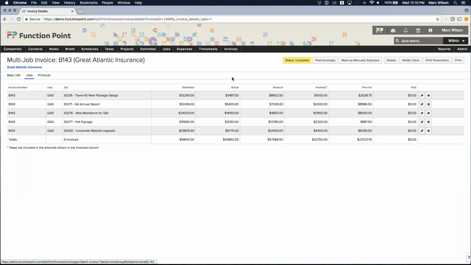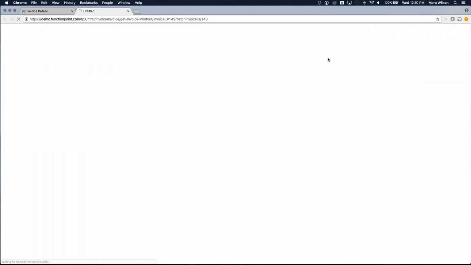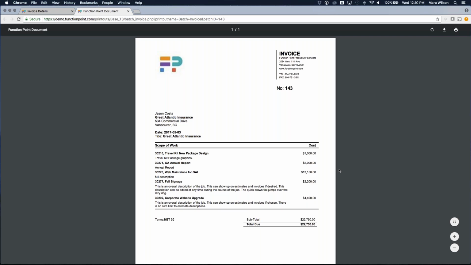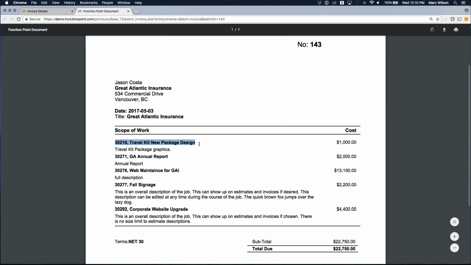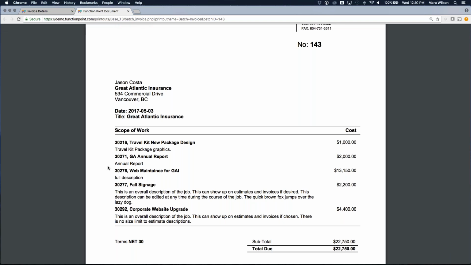So what I'm talking about is when you have a single invoice for multiple jobs and you look at the client-facing version, by default, the least amount of information you could possibly provide would at least be the job names. What are the names of the jobs on this invoice? You could expand it to include more detail, but you couldn't include any less. If you have 5 jobs on an invoice, you have to at least include the name of the job on the invoice. But a lot of people are giving us feedback saying that doesn't always work. Sometimes I want to just have one line that says, hey, here's that invoice that we talked about,